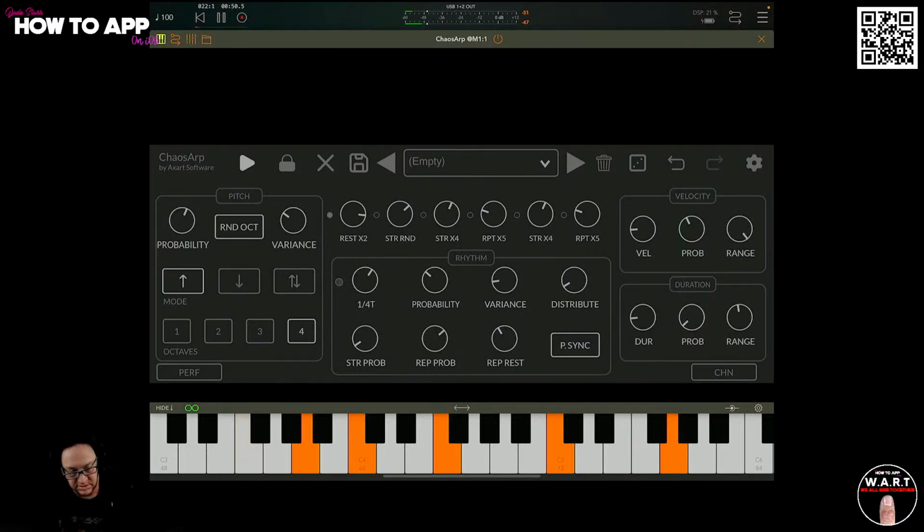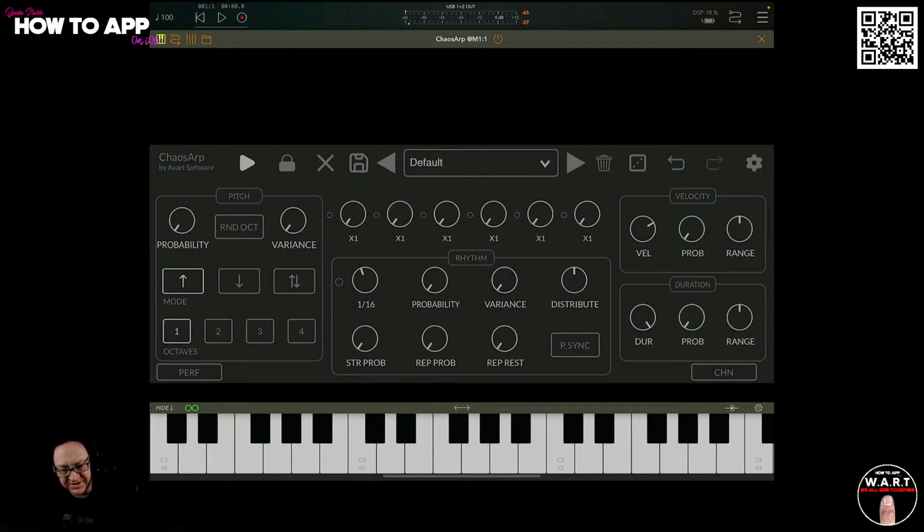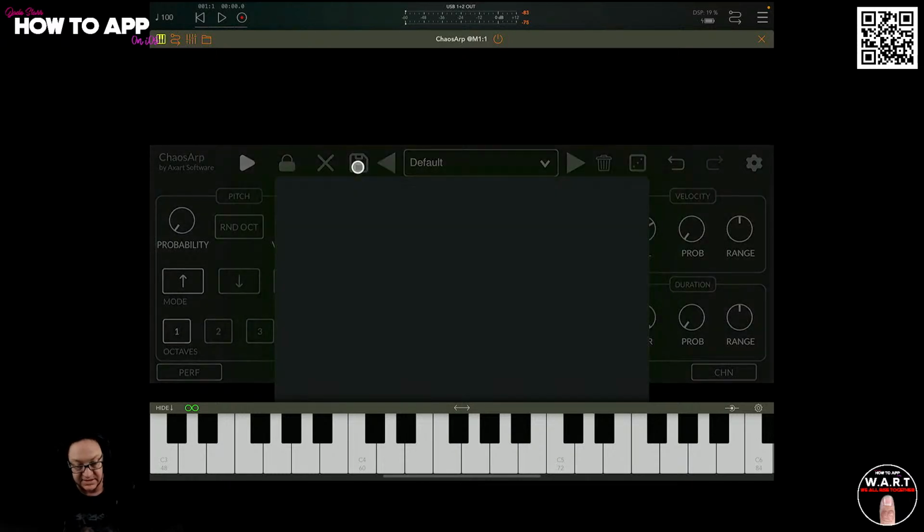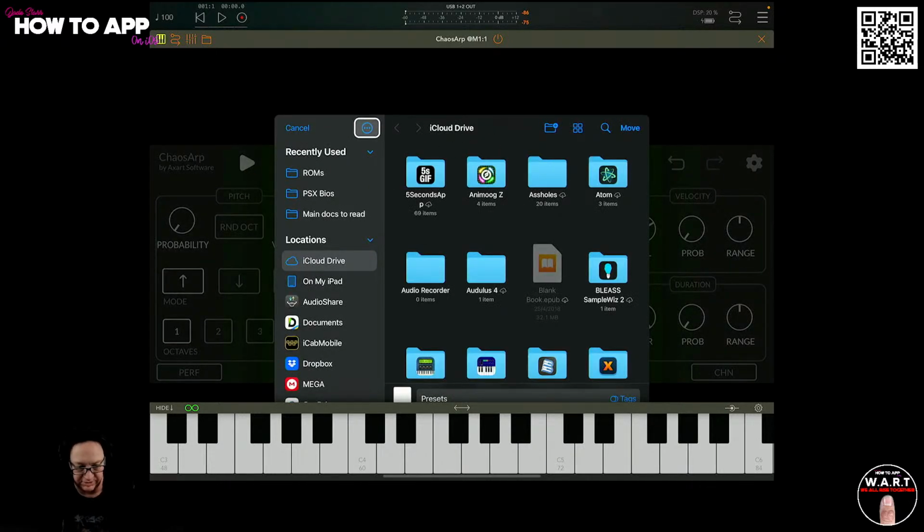So let's turn these random notes off here, and we'll bring this back to a default. And let me just bring all this stuff down to 0. What I think is a really good idea is to come in here and get all this down. I like to set it at an 1/8, and then come in here and save this as a, we want